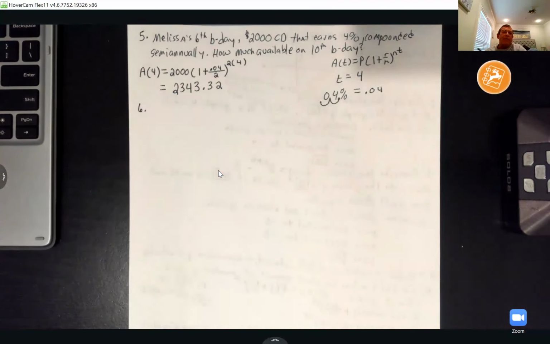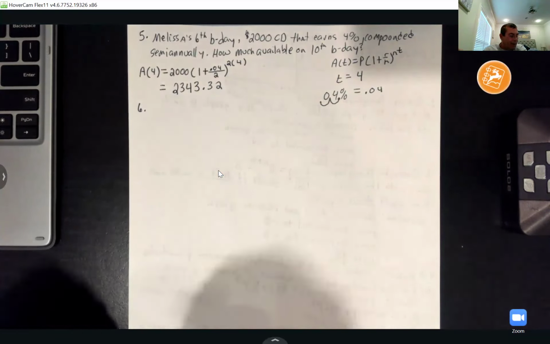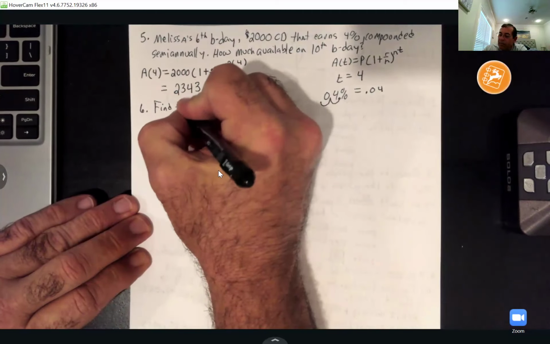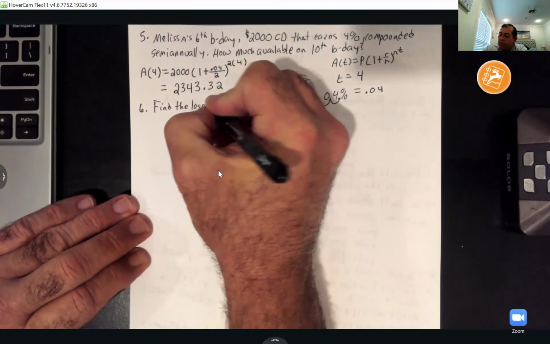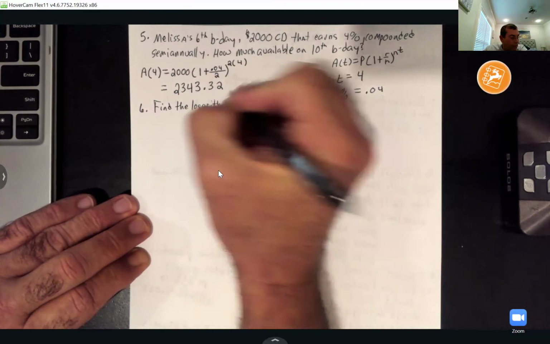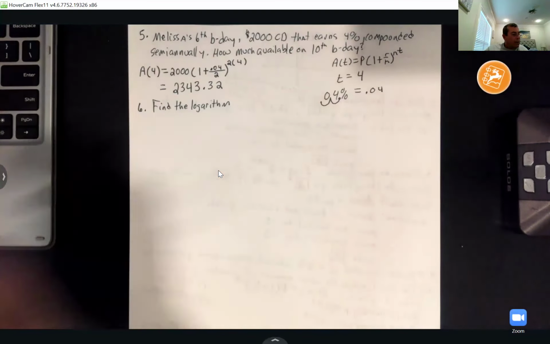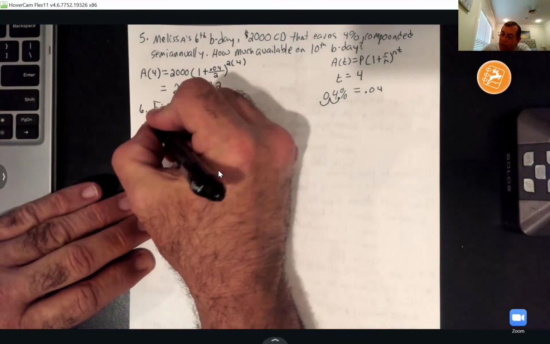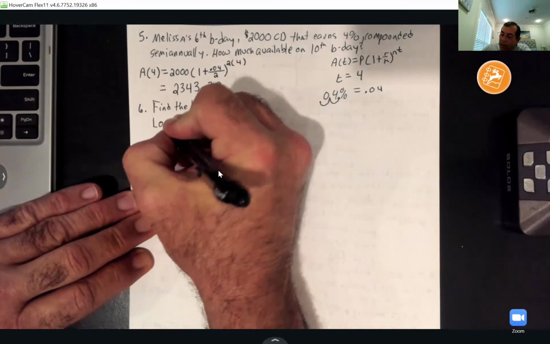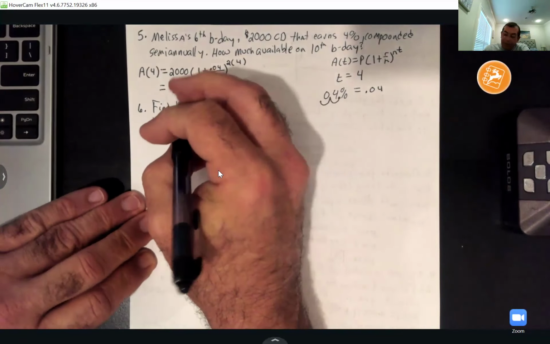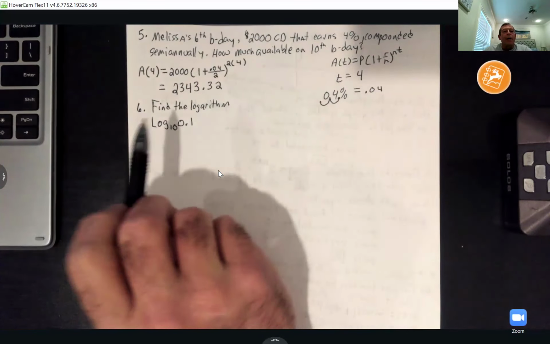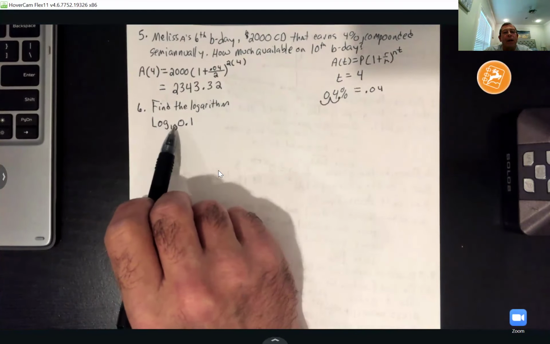All right, y'all, now it's time for the calculator for a little bit. They want me to find the logarithm. All righty, so this is a log base 10 of 0.1. Now remember, since that's a log base 10